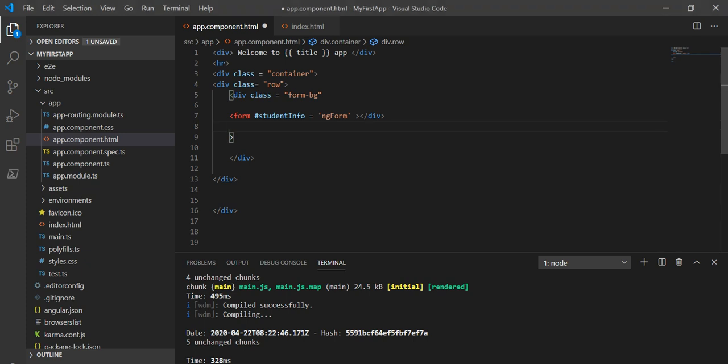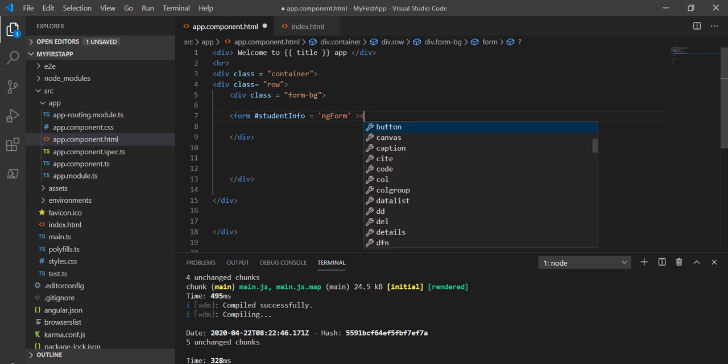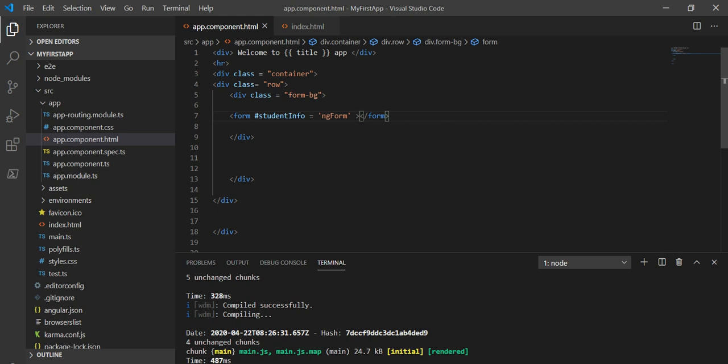So basically we have to use it here, and now like this, and we have to close this form. Now all the controls will come under this form. So let's create all these controls here, and before that I will take one header here,